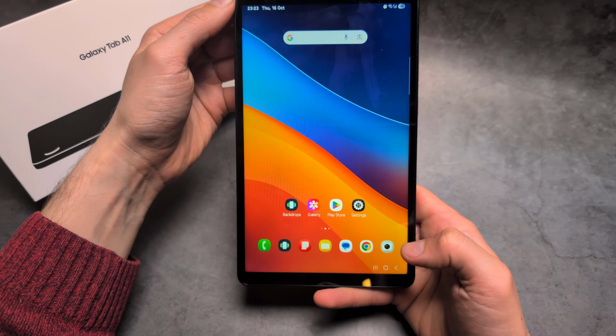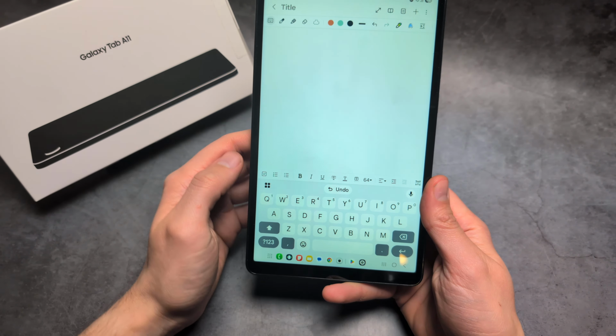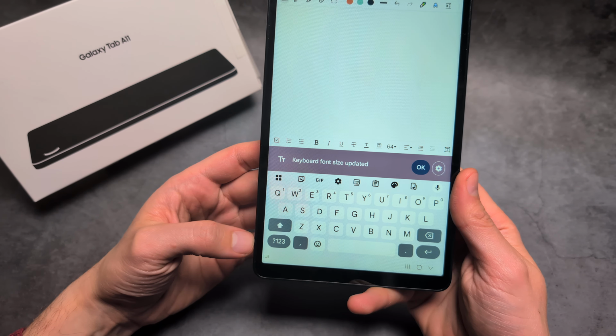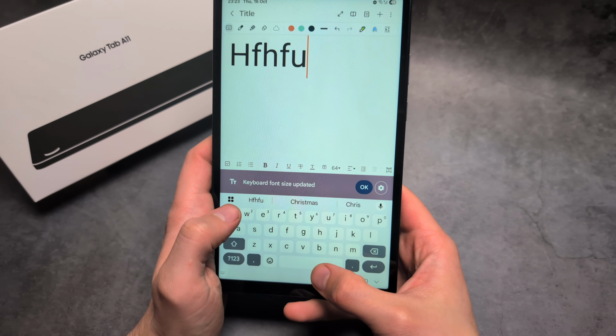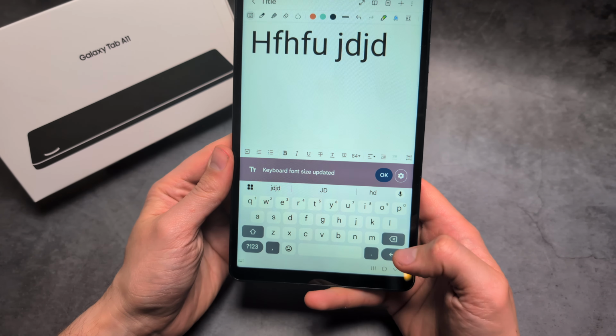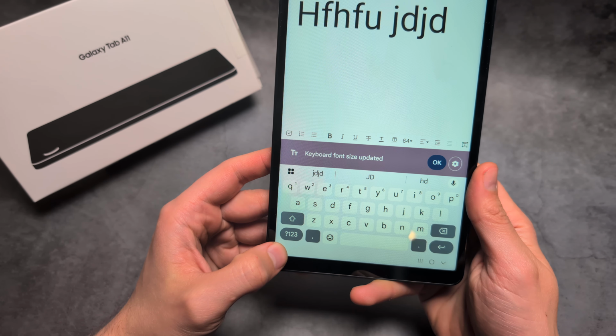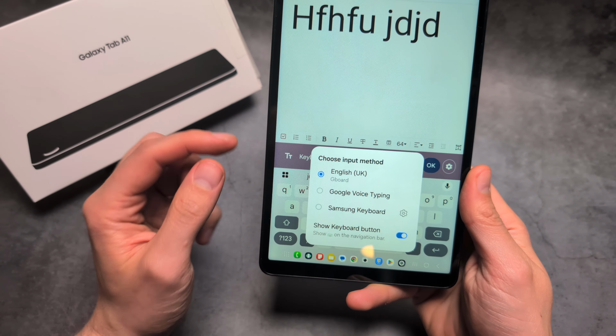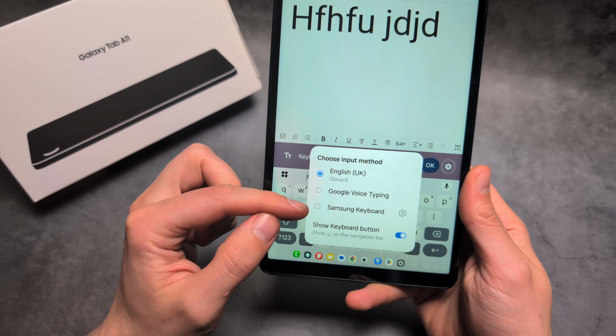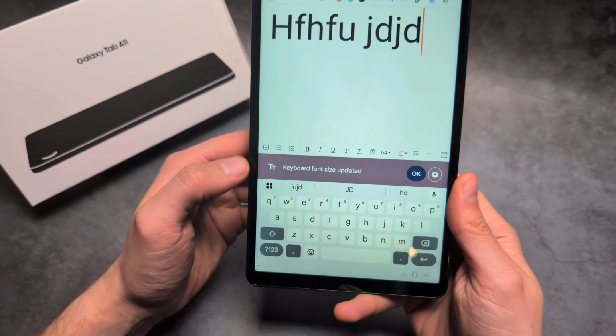So for example, if I go in my notes, you see we have the GBoard now installed. So yeah, personally this is way better actually than the Samsung keyboard. Also, you can also switch between the keyboards here if you click this tiny